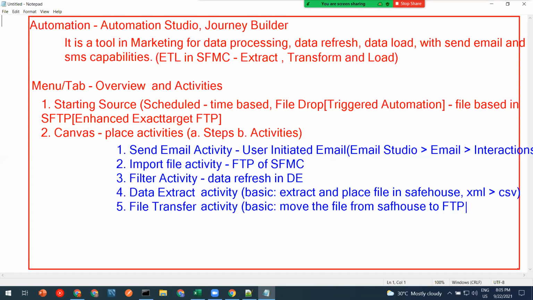Take a data extension, extract it, and place the file in the safe house. The safe house will move that file into FTP using the file transfer activity. Remember this is the basic functionality. The second functionality is that it can unzip the file and decrypt the file.